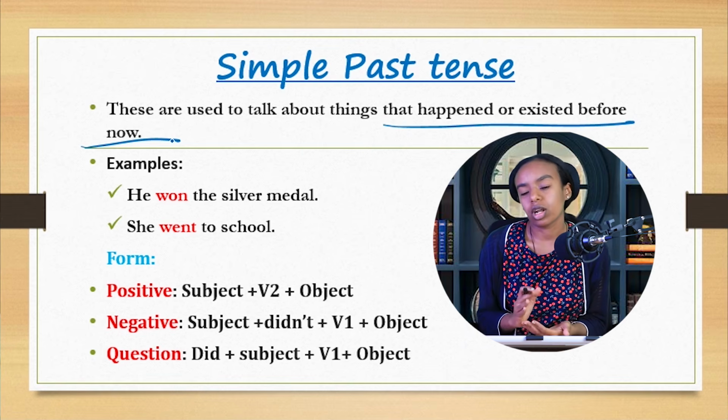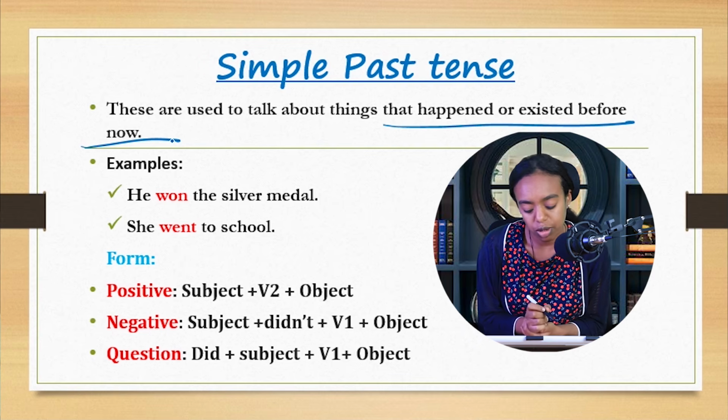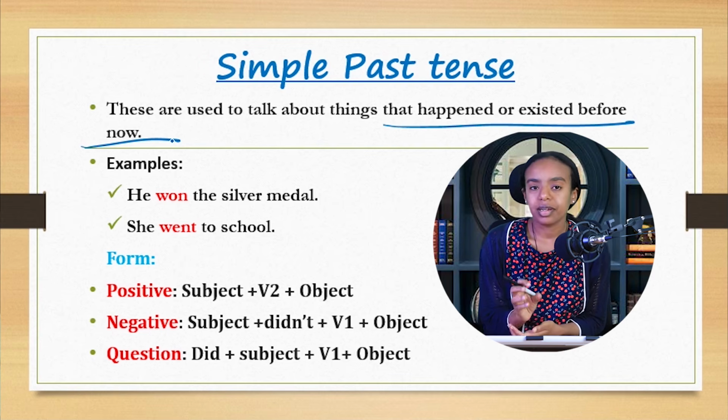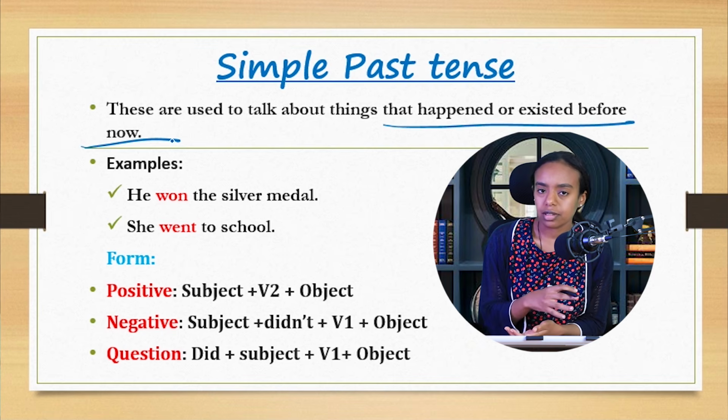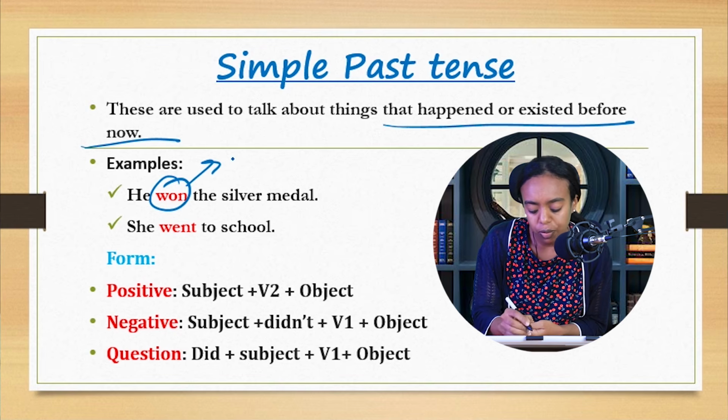regular እና irregular የሚባሉ ቨርቦች አሉ። እነሱን በደንብ ማወቅ አለብን። I think that will be clear when we look at the examples. He won the silver medal. silver medal አሸነፈ። ግን in the past ነው። አሸንፎ ጊዜው አልፏል። He already won. ስለዚህ እዚህ ጋር የምንጠቀመው እንደምታዩት won verb 2 ነው።